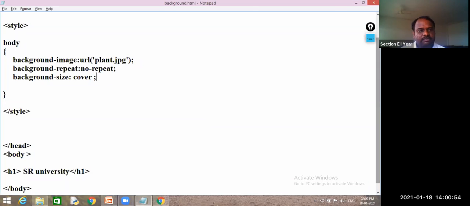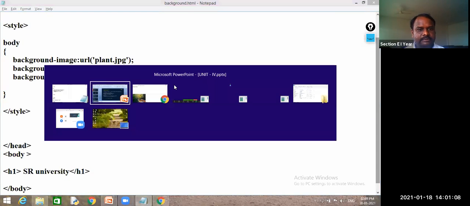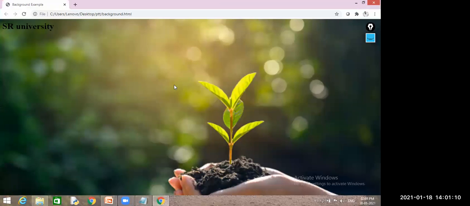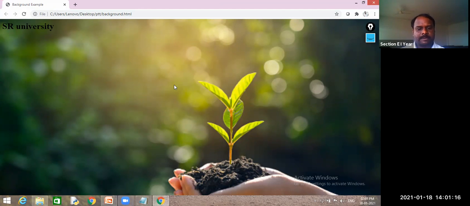If you give cover to your background-size, then your image will be displayed on your entire screen. Let us check whether it will display or not. Is it enlarged or not? Did it increase the size or not? Yes, sir, it has increased.